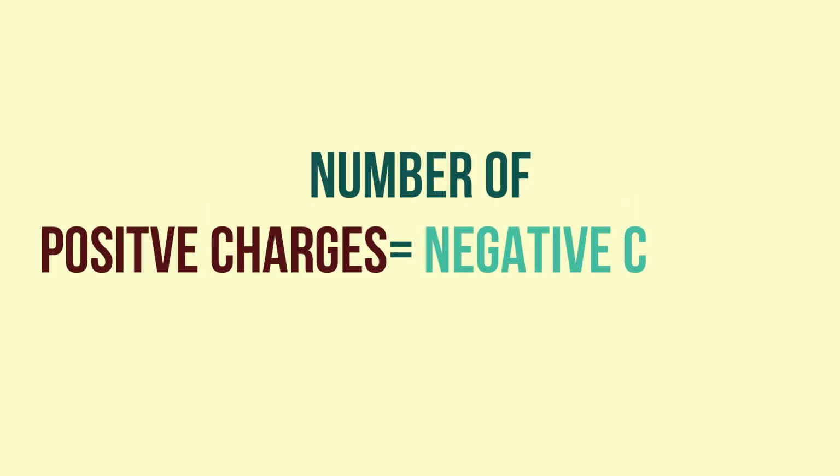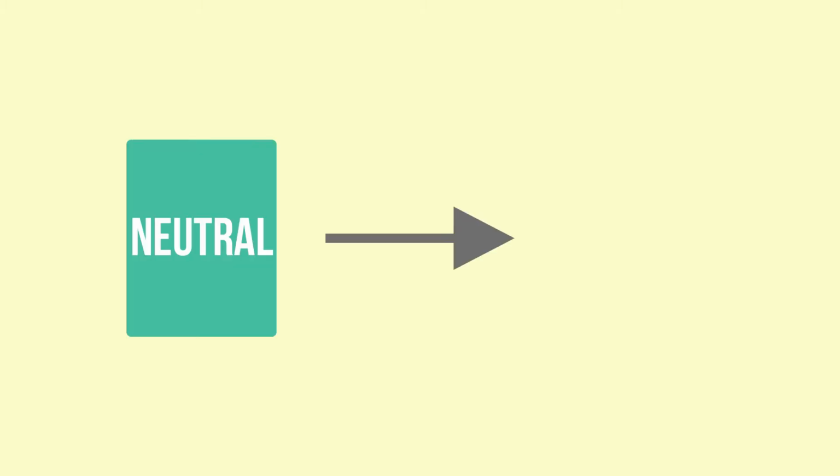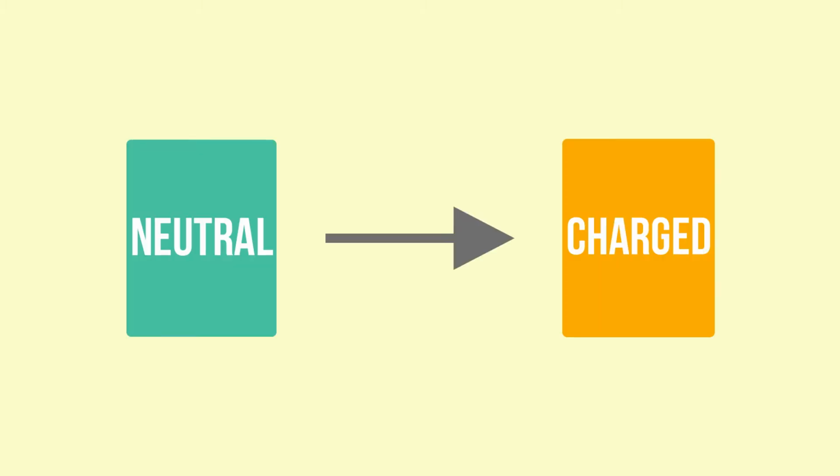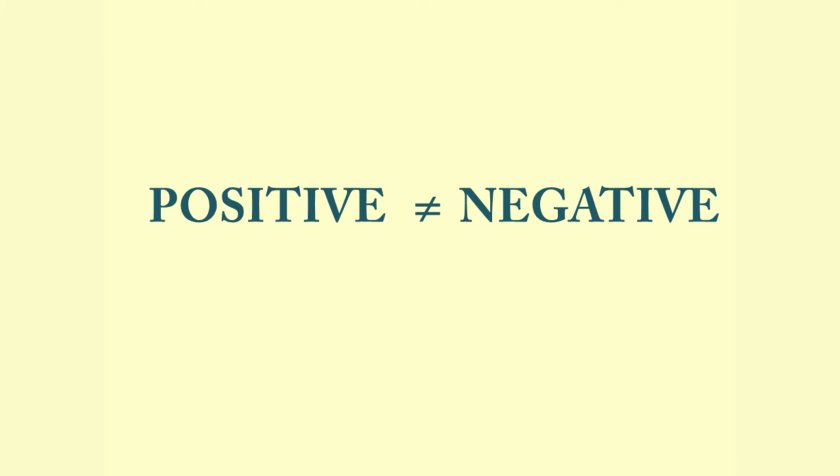Guys, let us start our discussion with the term neutral body. We all know from its definition, a neutral body has an equal number of positive and negative charges in it. In other words, the net charge on a neutral body is 0. Now the question is how to turn this neutral body into a charged body. The answer is pretty simple and straightforward: make the number of positive and negative charges unequal. Then this body will have a net positive or negative charge.